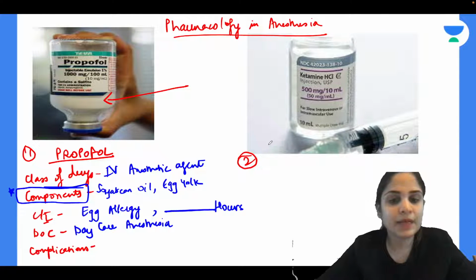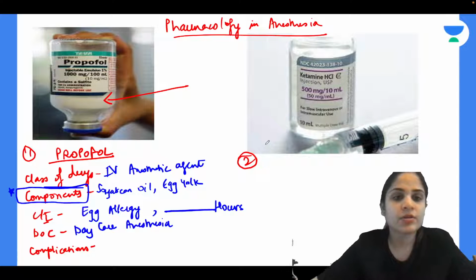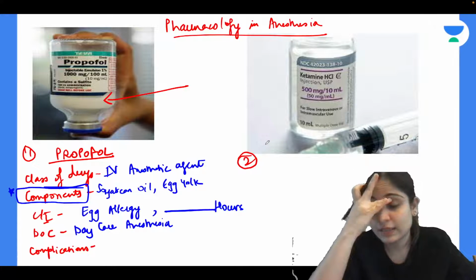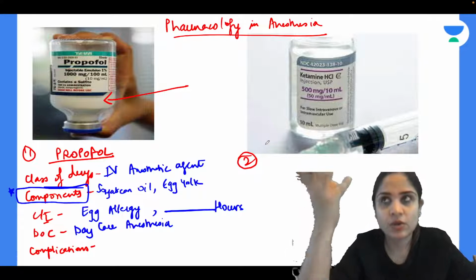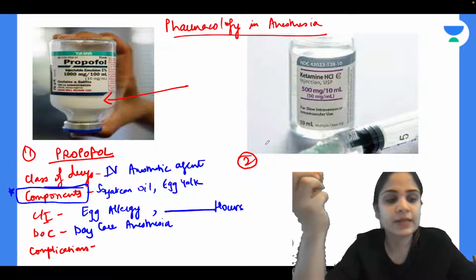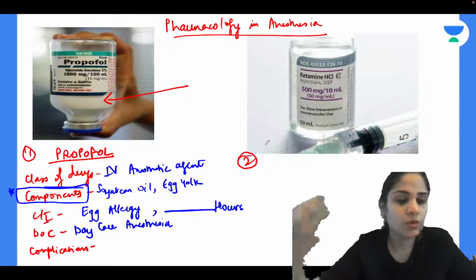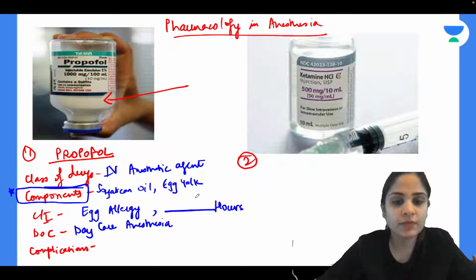Once I break open a propofol ampule, it should be used within how many hours? Because if I keep the propofol ampule open and outside like that, it will get infected. All the bacteria will grow on it because it's a very good culture medium. So in how many hours should I? No, not 48 hours. That's a lot of time. Okay, once I break open a propofol ampule, I have to use it within 6 hours.